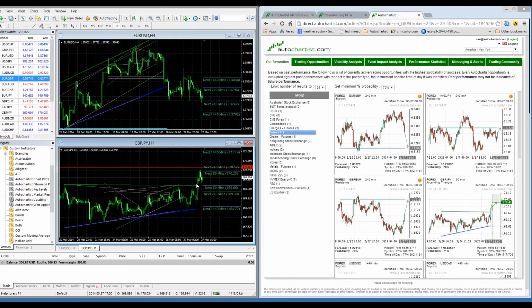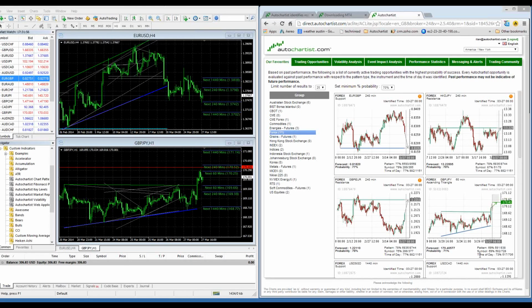The probability of this pattern, which was an ascending triangle, was 69%. In the last 6 months, if you can see on the right-hand side of my screen, I had 581 patterns out of 838 ascending triangles hit my forecast level. And GBP JPY, 502 out of 728 hit their forecast level. That's the instrument. And for this time of day when it was identified, which seems to be around 6 a.m. New York time,